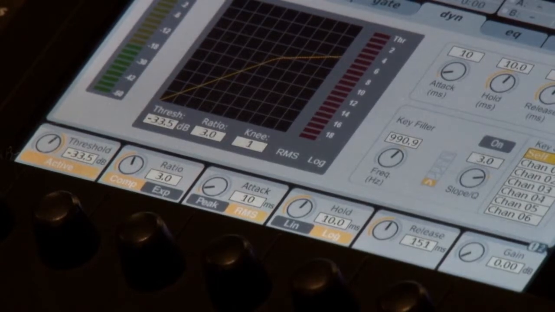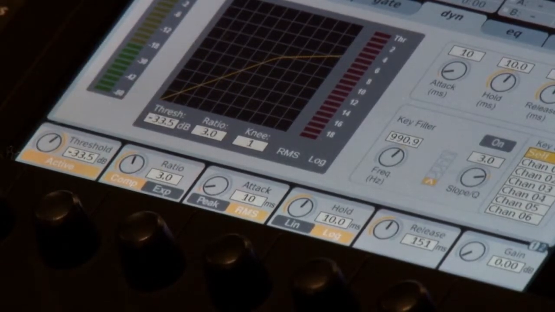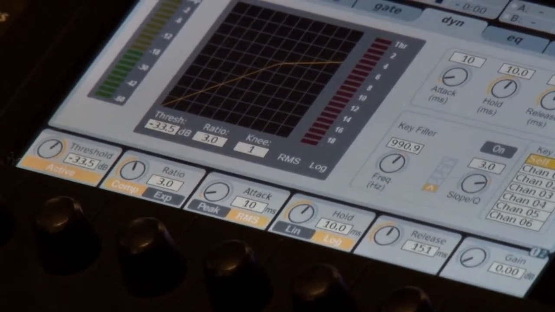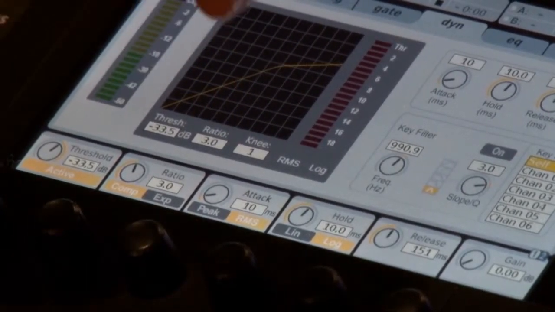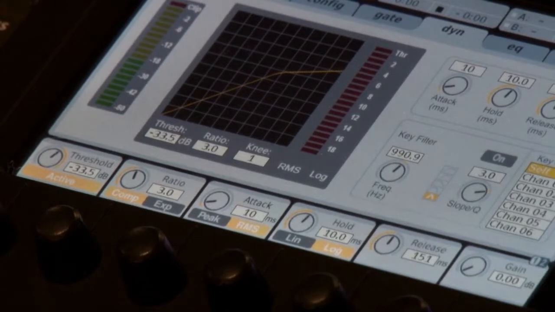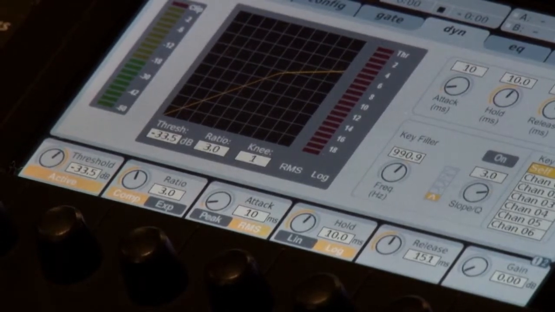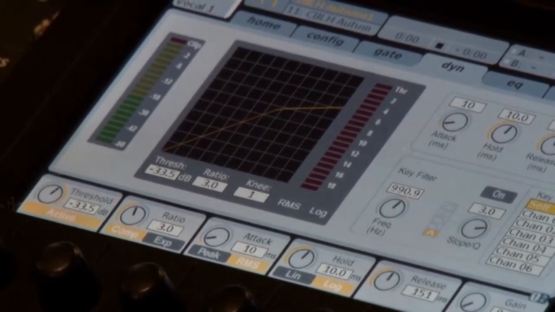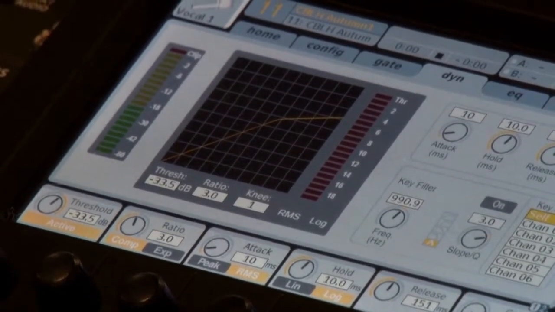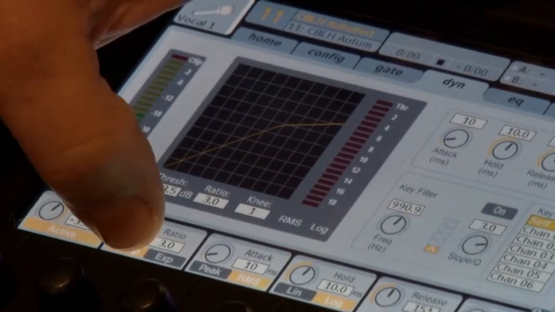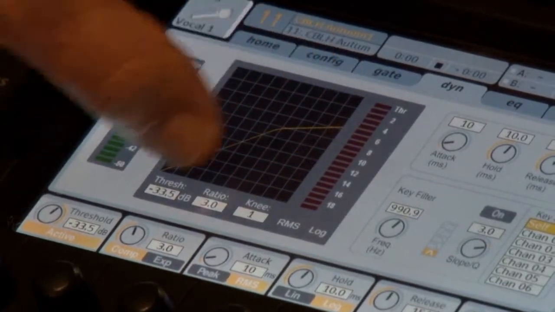So if we were to use that peak type of compressor, when he said hello, it would go hello like that. It would just drop down really quick and hard. We don't want that. So I use RMS almost every time, whether on a bass or a vocal, to slow that response down so it doesn't clamp down so hard when it hits the threshold. So it'll go hello. It'll be a lot smoother, more natural sounding. So use the RMS setting, keep the ratio down low, and then you can watch when